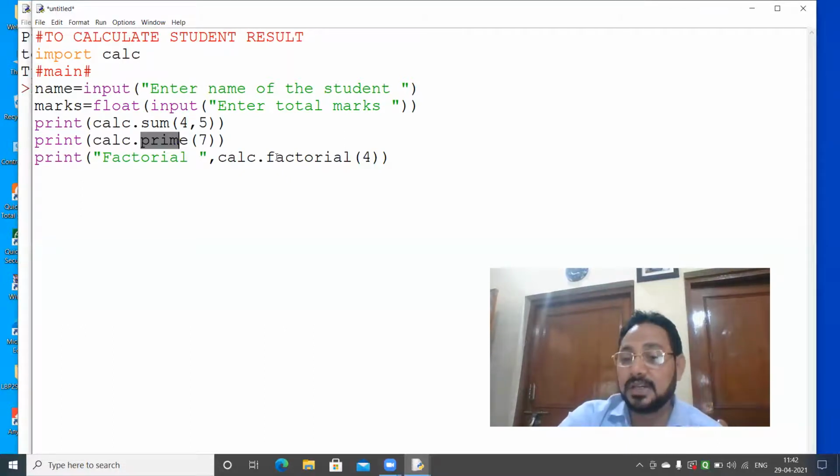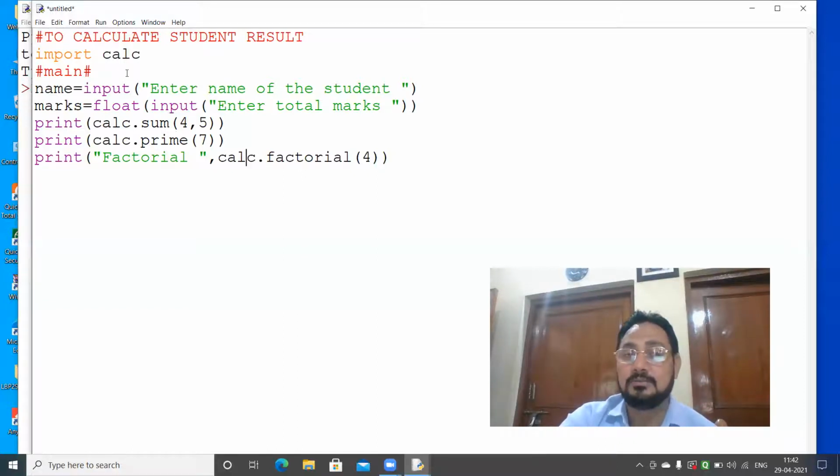You will say, okay sir, you have not written the program in main, but actually these programs are already written in a module, and the module is saved with the file calc.py, and that calc module you have imported here. That's why sum is working here when you write calc.sum. That's why prime is working because you have used calc.prime. That's why factorial is working because you have used calc.factorial.